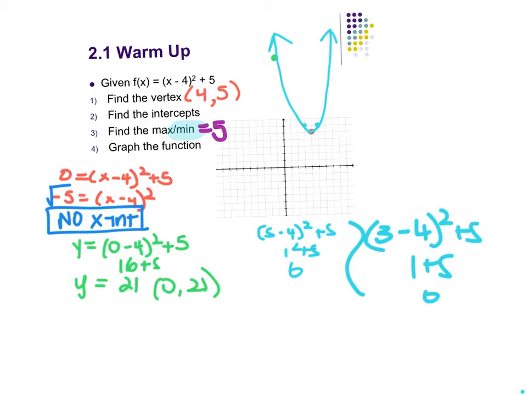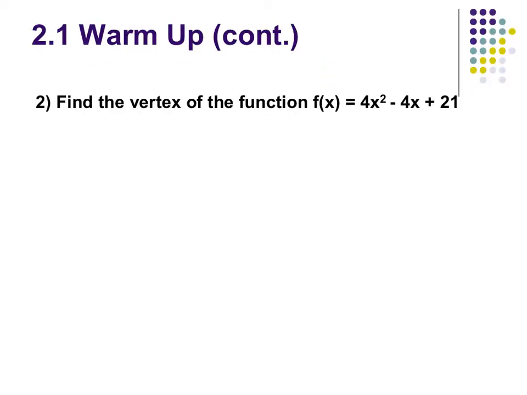5 to positive infinity. Is there a bracket or a parentheses on that 5? Bracket. Good. How about increasing and decreasing? Where's it decreasing? Negative infinity up to 4 with a parentheses on 4, and then increasing from 4 to positive infinity with a parentheses on 4. Everybody good? Yep. Okay, so then the next question, which it says 2 but it should be 5,